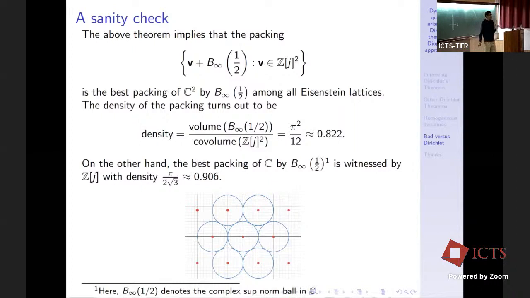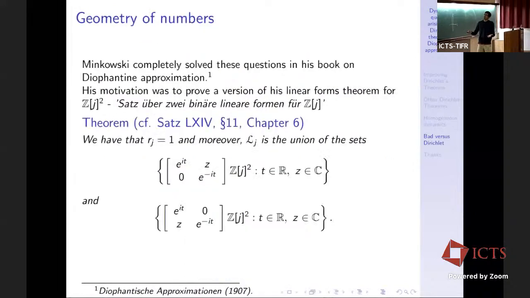And that should make sense, because if you ask what is the best lattice packing of the disk in C, that's exactly witnessed by this hexagonal packing, by the lattice Zj in C. Okay, so it's also conjectured that this is the best lattice packing over all lattices in SL 4R mod SL 4Z, but we don't really need that. So that's the reason we have this nice description of the critical locus.